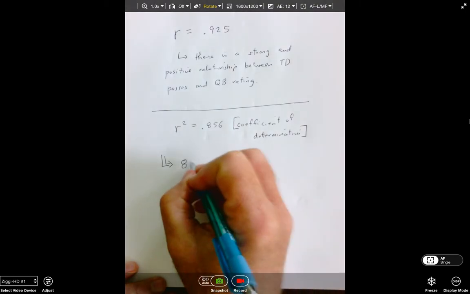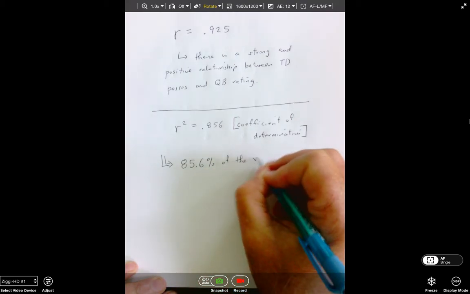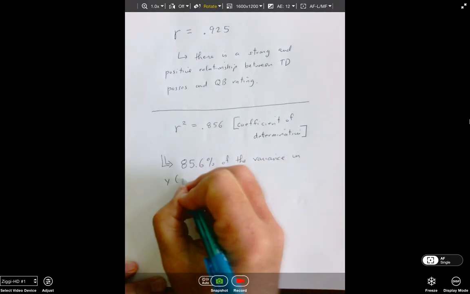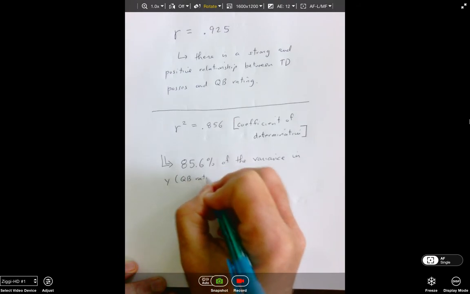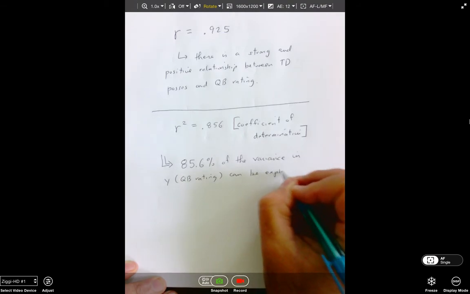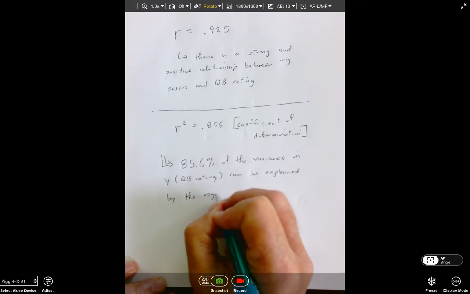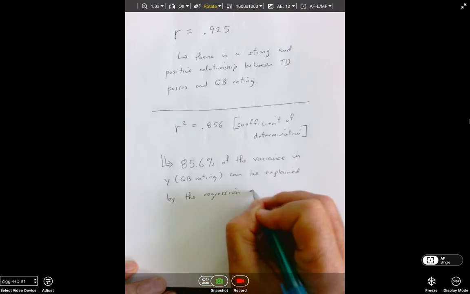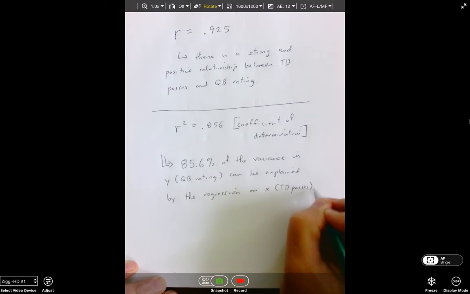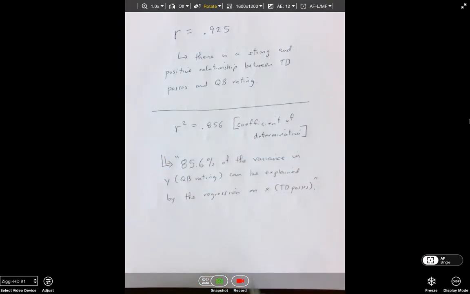This tells us that 85.6% of the variance in our Y can be explained by the regression on X, which is TD passes. So in other words,